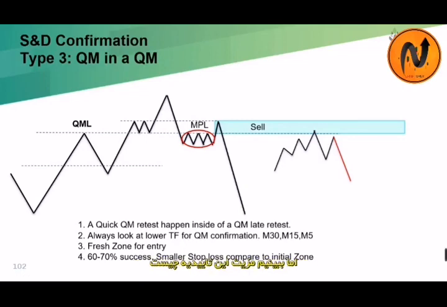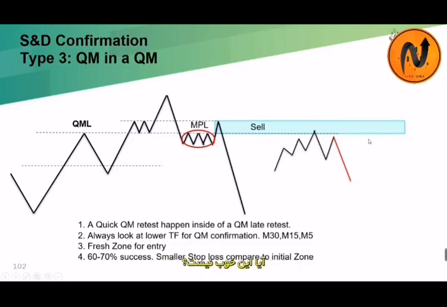But however, let's see the advantage of this, why I say that it is my favorite. Let's assume that this blue box over here is around 30 pips. But now if I go into a smaller time frame, maybe M15 or M30, a fresh supply zone might be just below 10 pips, or I won't exaggerate, I'll say 15 pips, meaning it's half of the initial stop loss zone over here.